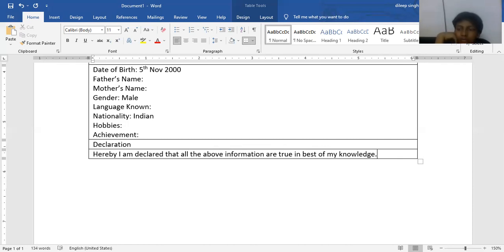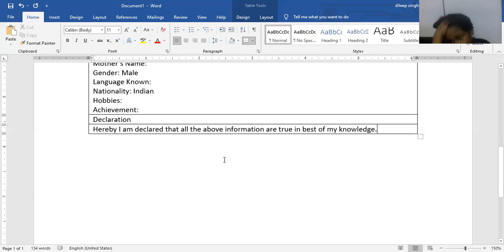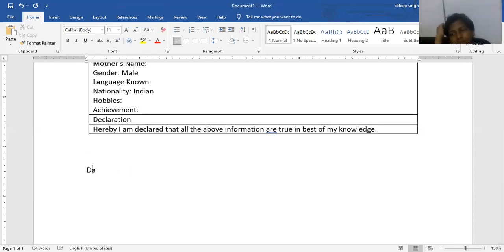Okay, after entering all this data, using your mouse place your cursor and press enter, type your date and your place, and after that using tab type your name, that is Sanjay Kumar.